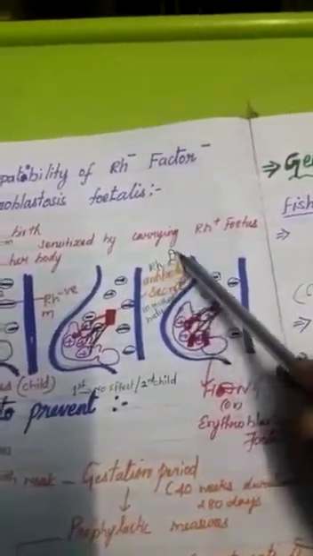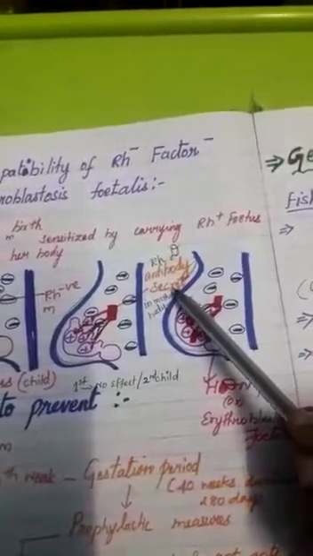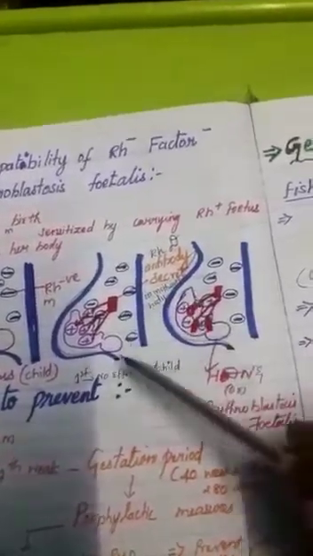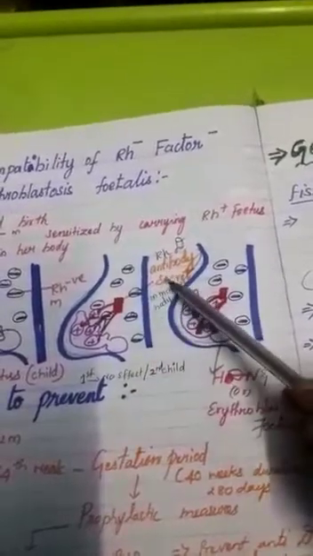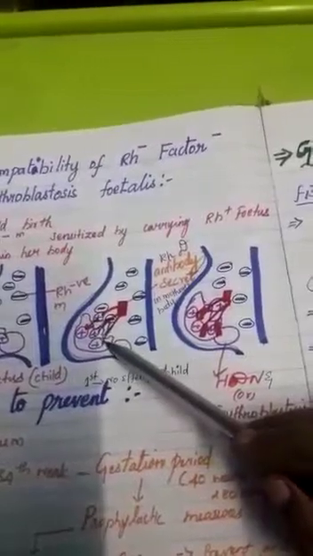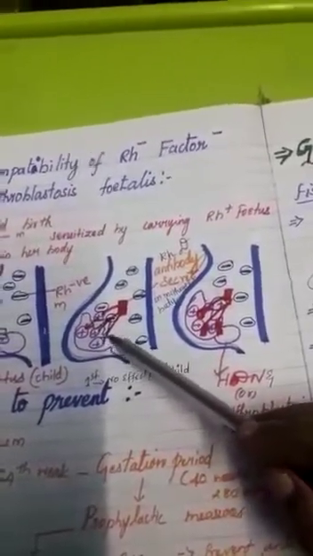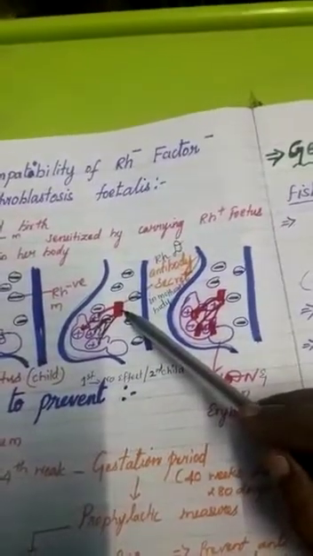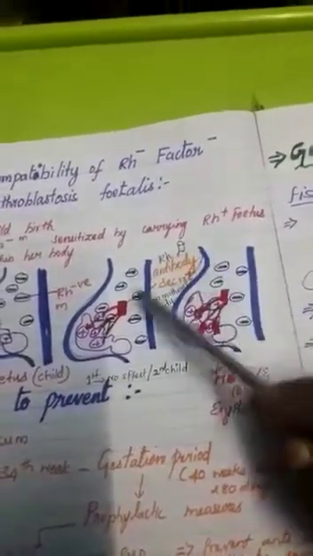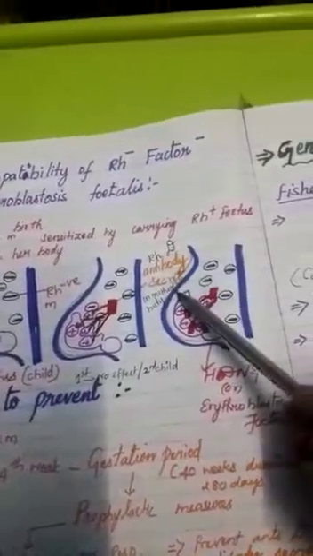When these antibodies are secreted during the first childbirth, when the first child is delivered normally, no effect is seen. But during the childbirth, the fetal Rh antigen, a small immunoglobulin, crosses the placenta into the mother's body to stimulate the RhD antibody secretion.